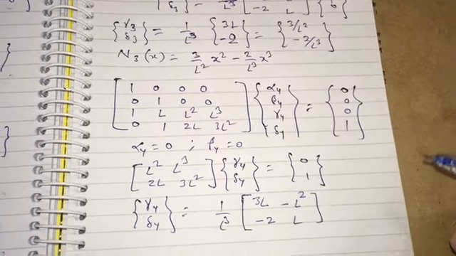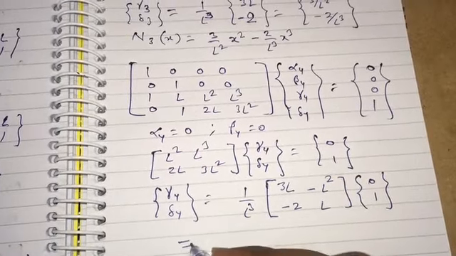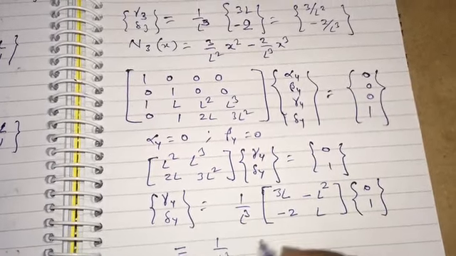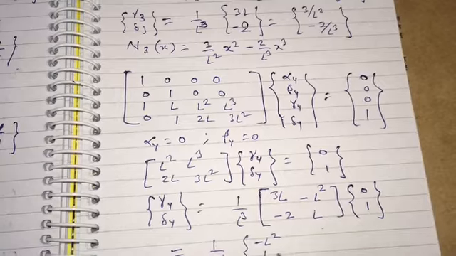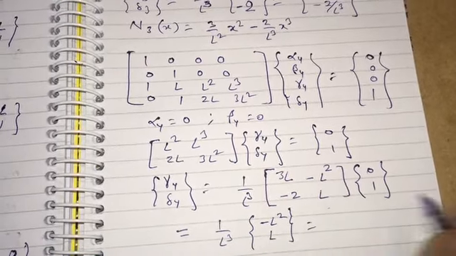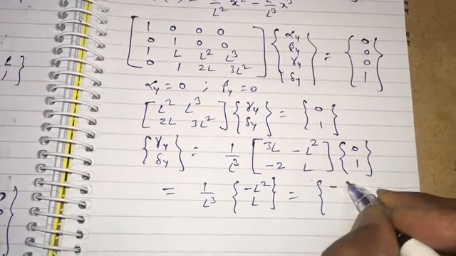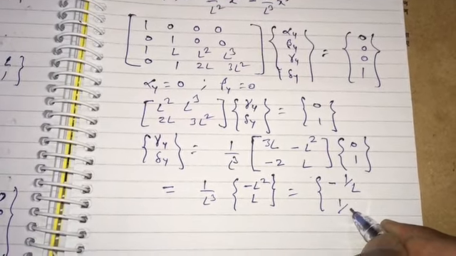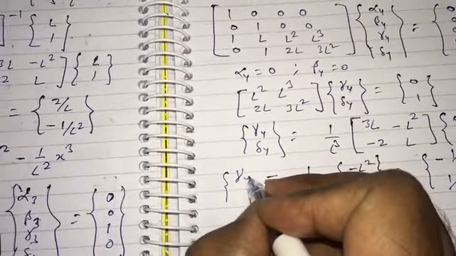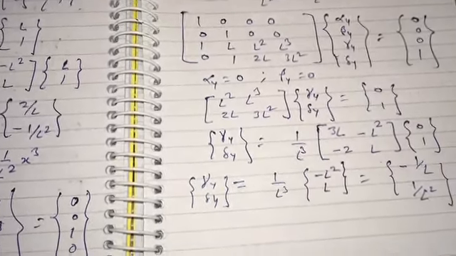Okay. So then we have 0 1, and hence we get that is equal to 1 over L cube, and multiply it with 0 1 minus L square and then L. Okay. So what do we get? Finally is minus 1 over L and 1 over L square. Okay. So this is what? This is gamma 4 delta 4, and therefore